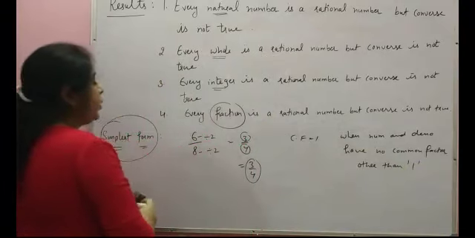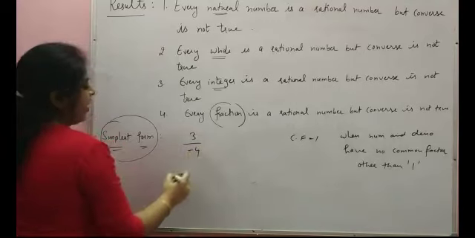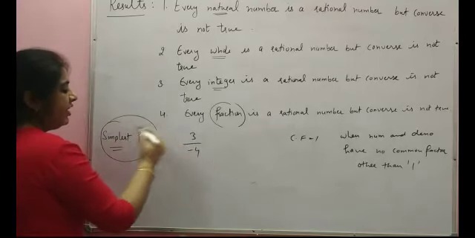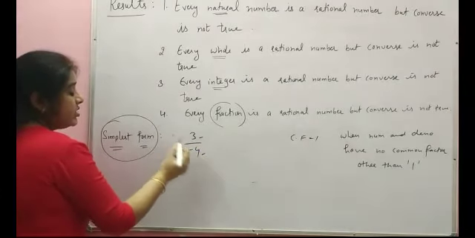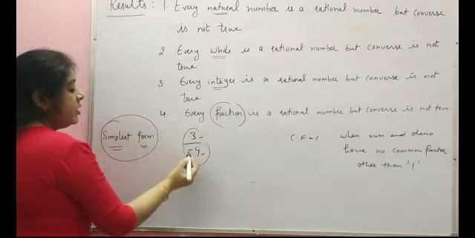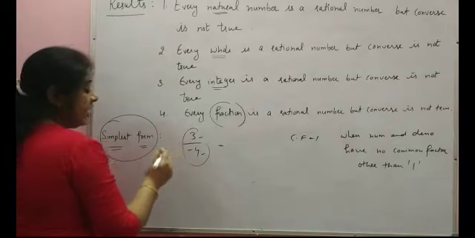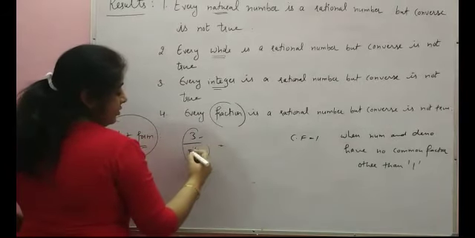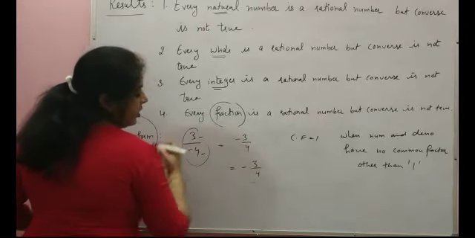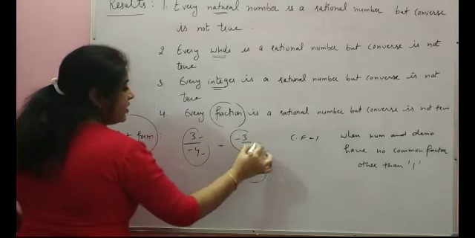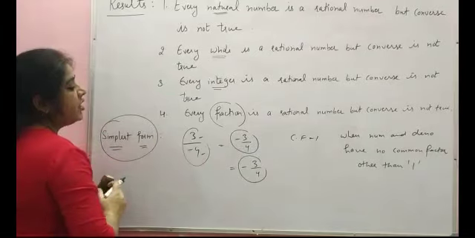Now just suppose we have a rational number where the minus is represented with the denominator, and 3 and 4 have common factor only 1. So what is the simplest form for this type of number? See, this minus is in the denominator. So what is the standard form to write a negative rational number? Write this negative either with the numerator or just put it here. So this is the way to express a negative rational number. So this is the standard form to represent a negative rational number.